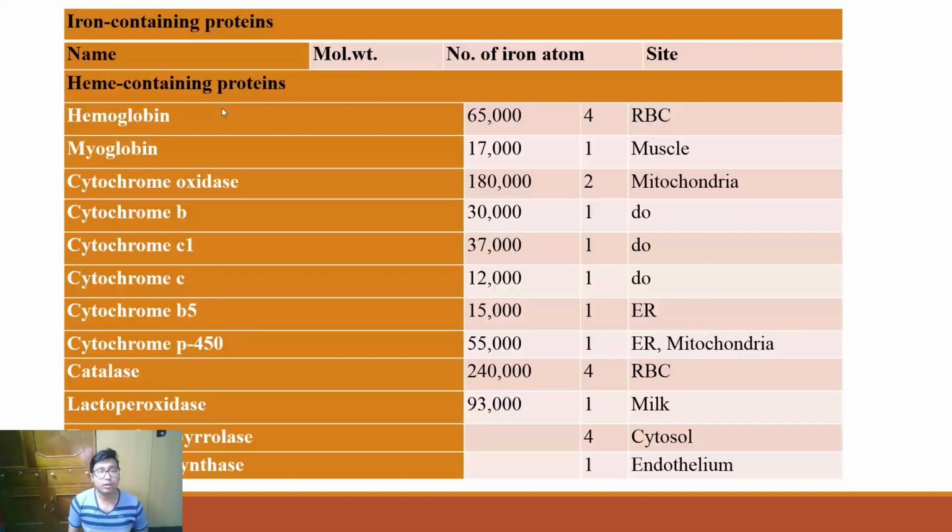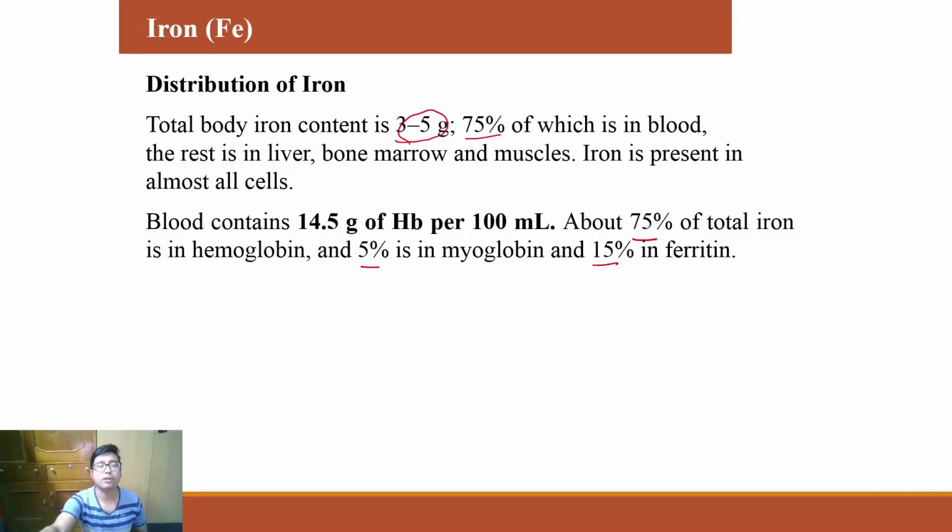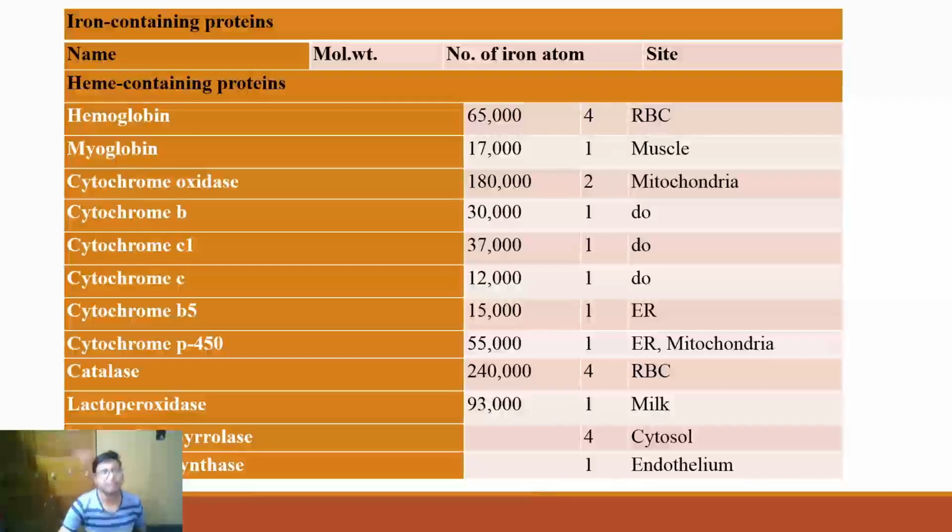Now, important thing. Apart from whatever is mentioned over here, the rest 5% is all about this. So these are the ones which contain all the rest 5%, among which you need to remember only 2. So it's very easy to remember: cytochrome P450 or any cytochrome, cytochrome C, cytochrome oxidase. As you are tackling the biological oxidation chapter, you know cytochromes. Cytochromes are the ones that are rich in iron.